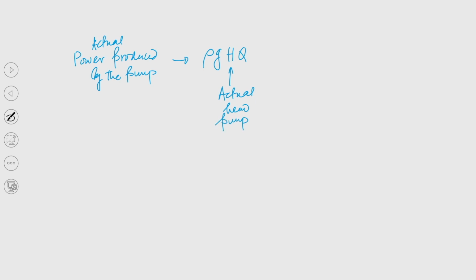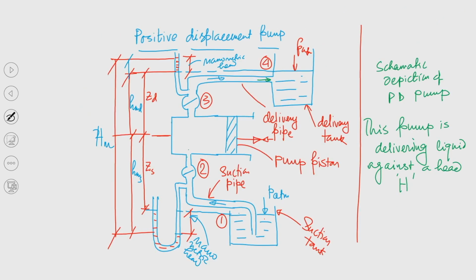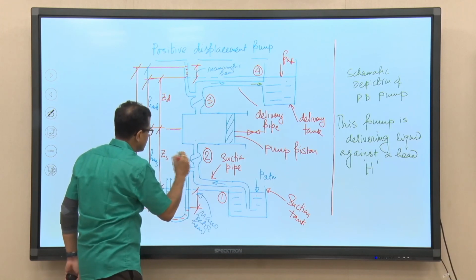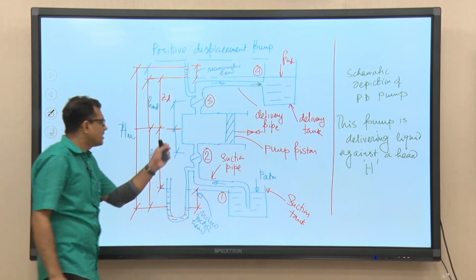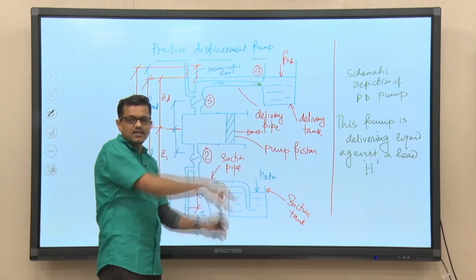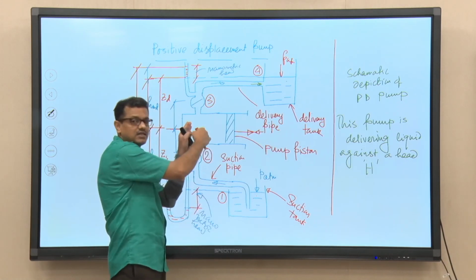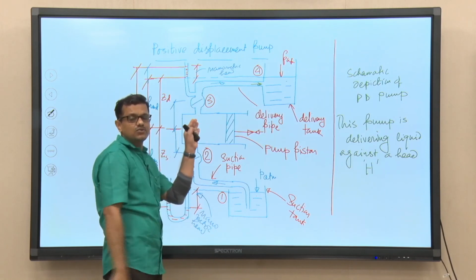Now, the question is, inside the pump the power will be slightly higher. In the analysis that we have done till now, we did not consider the losses inside the pump, because we have assumed that this small height is not very significant, so that the analysis will not be affected. But still I am telling you, if we consider the frictional losses inside the pump, definitely the internal power that will be produced will be something different.